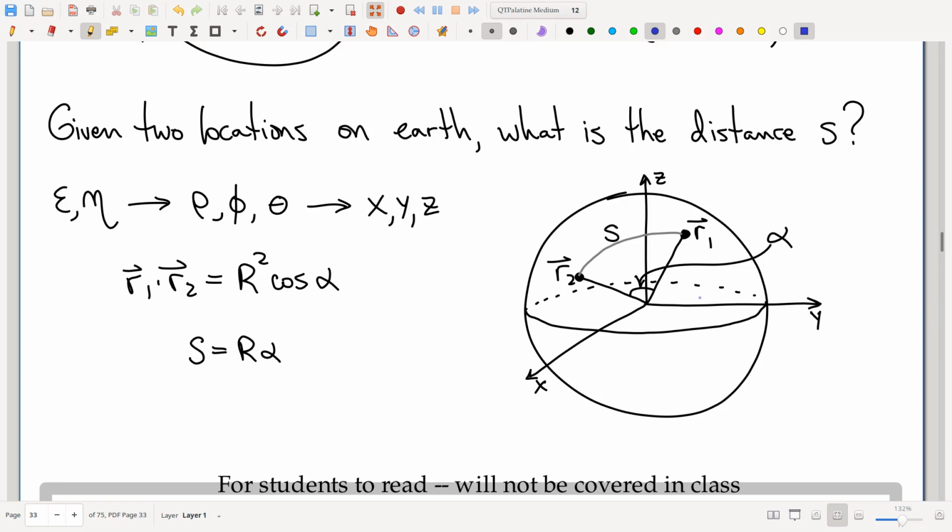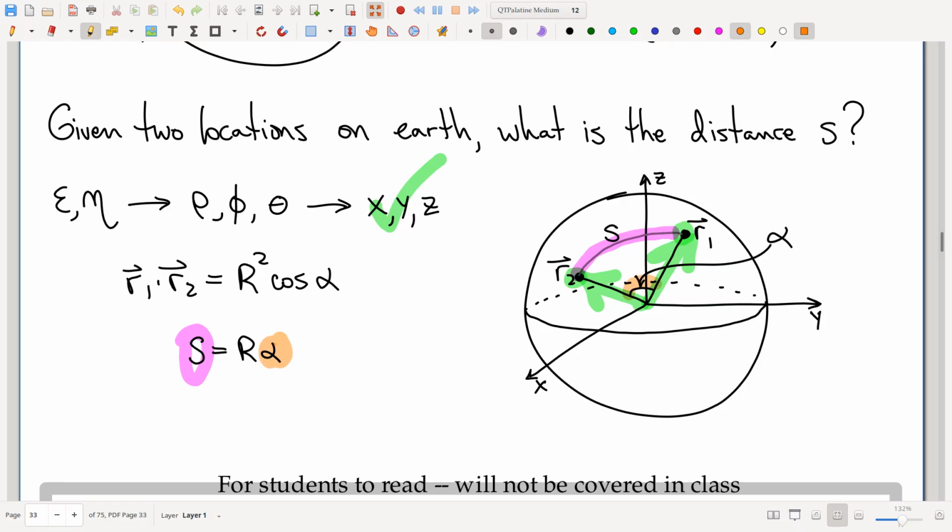And here's the great idea, a super simple idea. If you know what points you're talking about, presumably you know their longitudes and latitudes, which we can then convert to spherical coordinates, which we can then convert to rectangular coordinates using the formulas on the previous page. Once you know the rectangular coordinates, you know these locations on the surface of the Earth as vectors in rectangular space. And now the question of finding this distance, S, pretty much boils down to understanding how I can find this angle